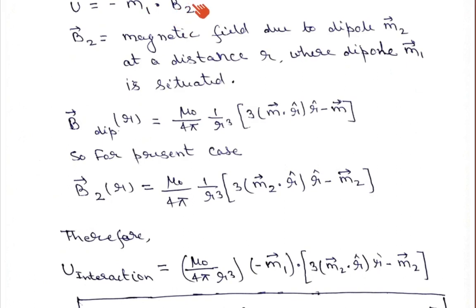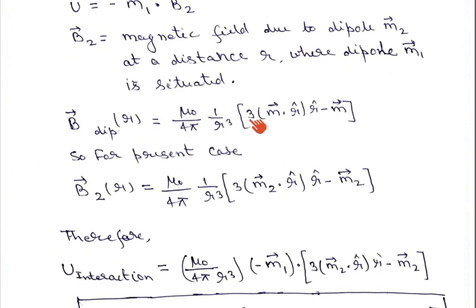In my previous lectures, if you go back one or two lectures, I have clearly explained and derived a formula for the magnetic field due to a dipole. The magnetic field due to a dipole, we have learned, was equal to mu 0 upon 4 pi, 1 upon r cube, times 2m cos theta r unit vector minus m sine theta, something like that. That formula was in terms of spherical polar coordinates.